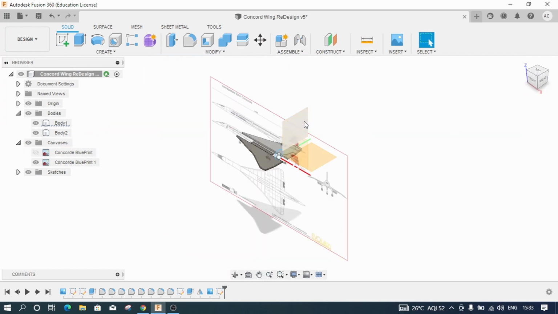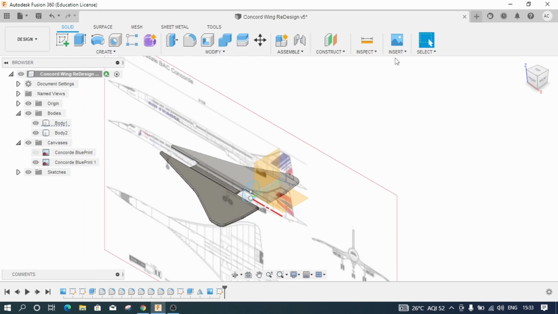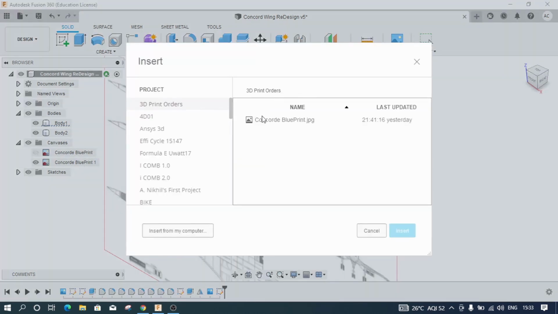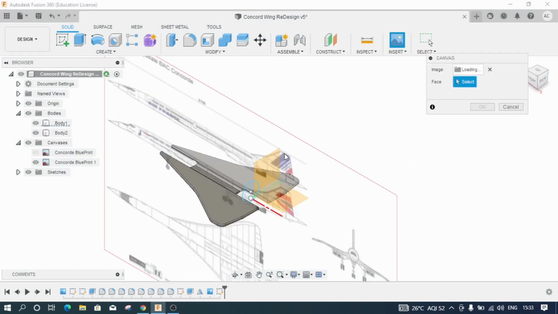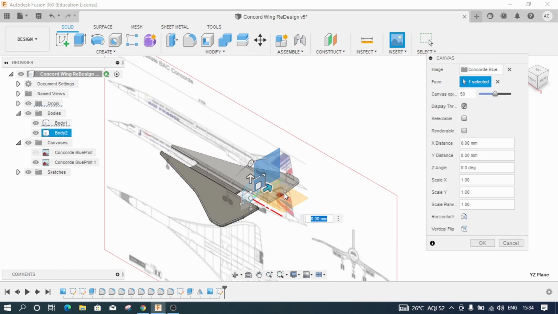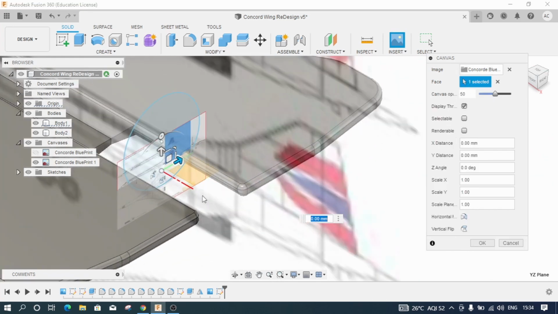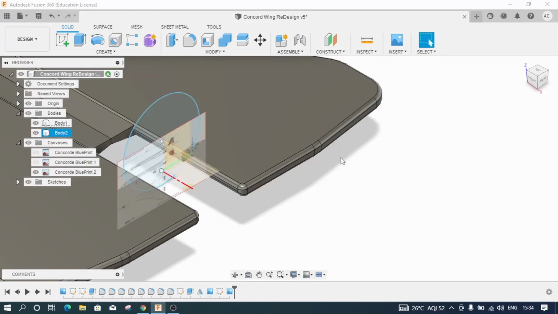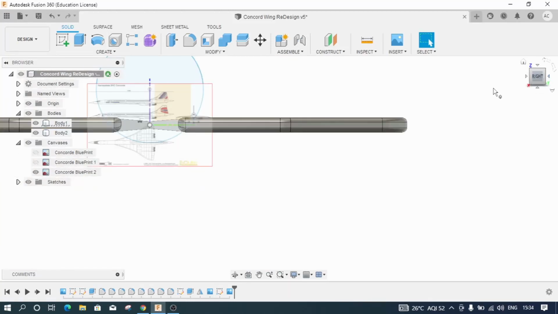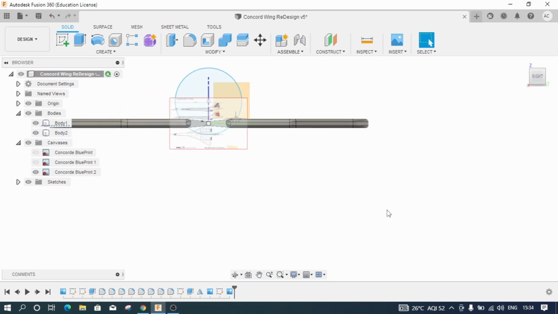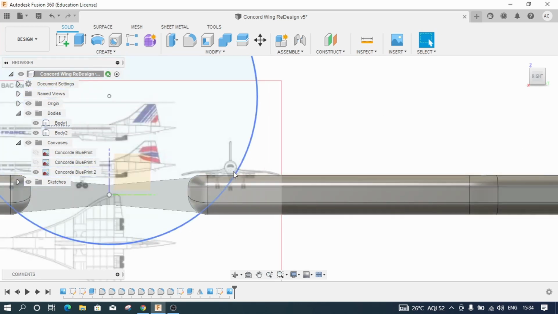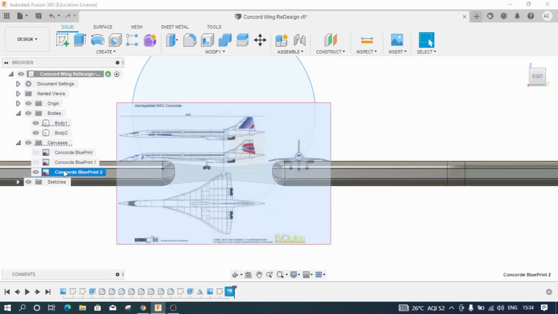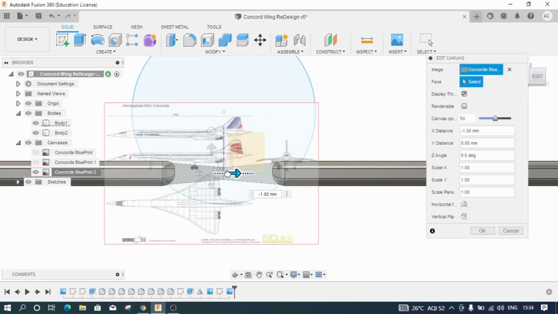And now I want one more canvas onto this particular plane. For that I will go to insert, canvas, and again in canvas select Concorde blueprint, click on insert, click on the face, see if it's aligned properly, click on OK, hide the existing canvas, and it is too small. So onto this particular plane, we want this particular image, which is the front view of the aircraft. So I want to move this to its center,